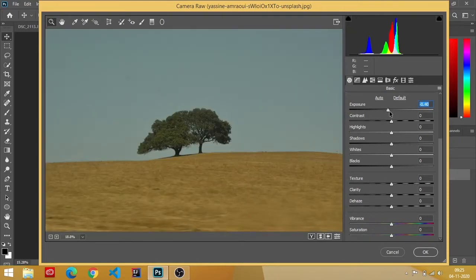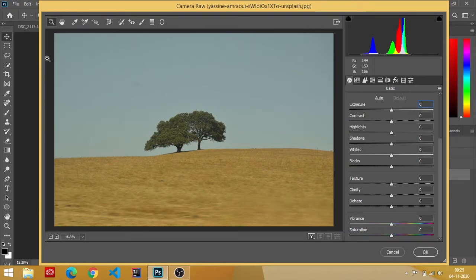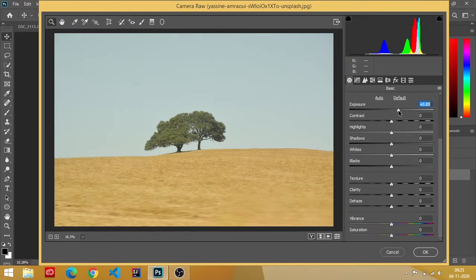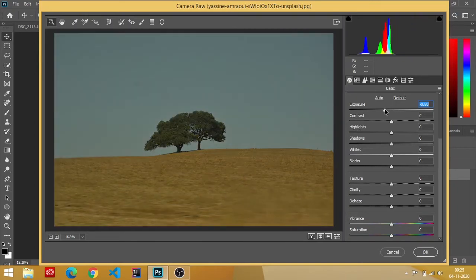It means if it is 0, okay, if you want to increase the lightening or brightness of this image, just drag this slider to the right side. It is pretty good. And if you want to decrease, like if you want to make any night concept, transferring the image from day to night, yes, you should just drag like this.